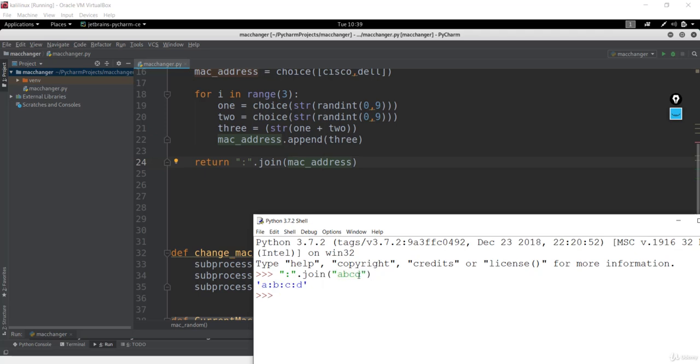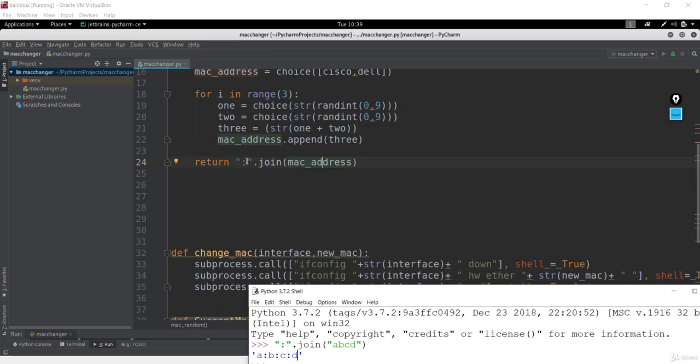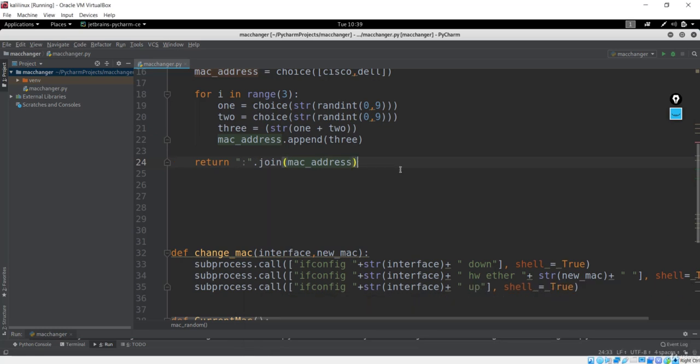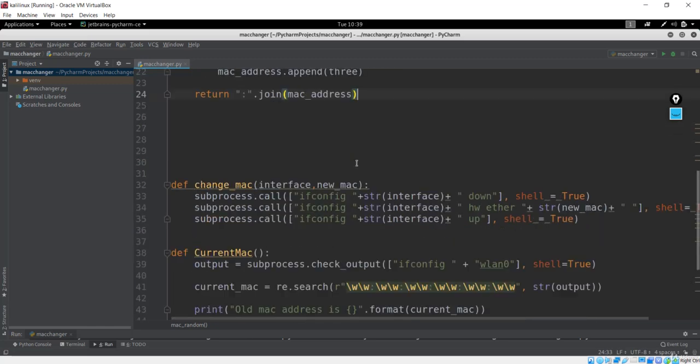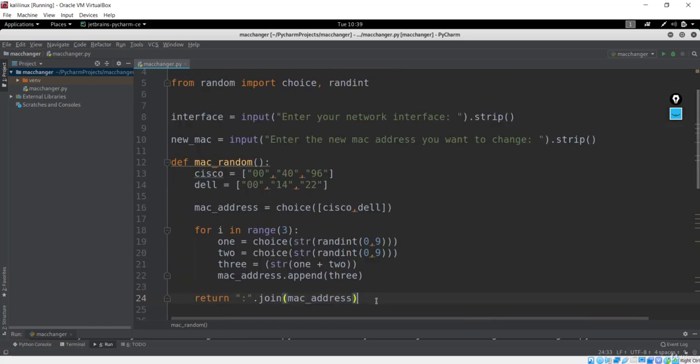If I hit enter, you could see that this colon was inserted in between them. So it was not inserted at the beginning, it was not inserted in the end. This is what we just need, because we want this colon to be inserted in between this number. So we just inserted in between this number inside this MAC addresses, and we just return that MAC addresses from this random MAC.